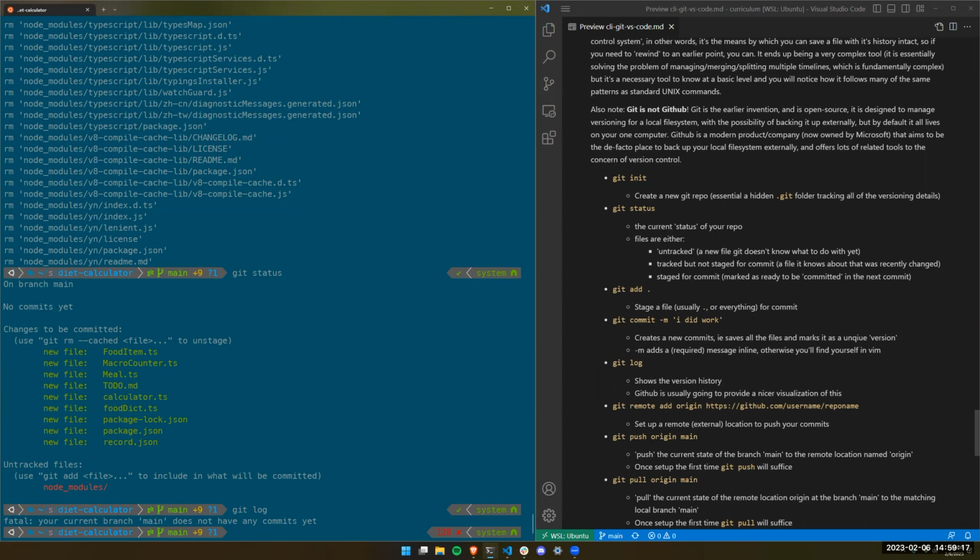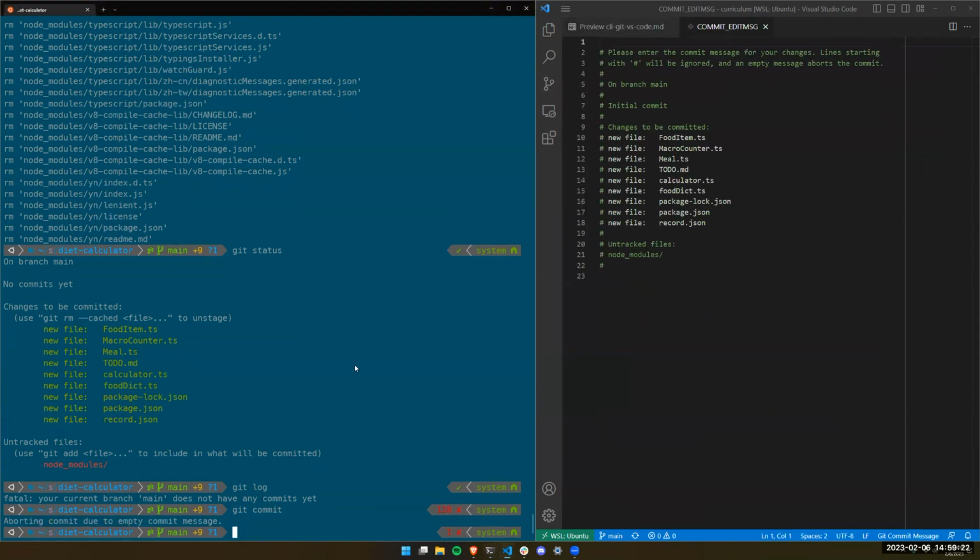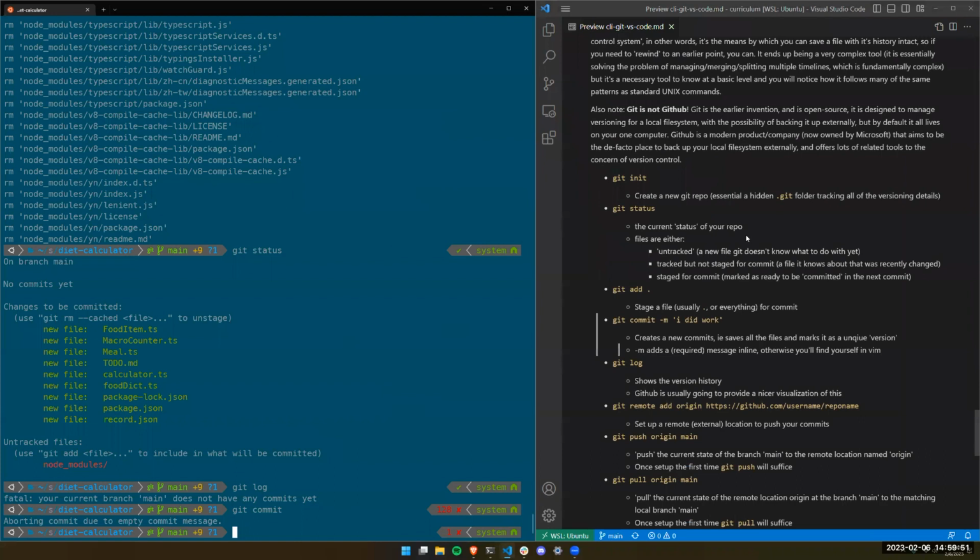That's called a commit. So I could say git commit, and you'll notice if I just write git commit, it's going to say waiting for your editor. So what it's going to do is take all of these files and explain a little bit about what it's doing. And then, because of how we set up that default editor, it's going to open this in Visual Studio Code, which is a commit edit message. And it's going to want me to save it. And if I do save it, normally it would then commit. But as you noticed, it's giving me this error about aborting because of an empty commit message.